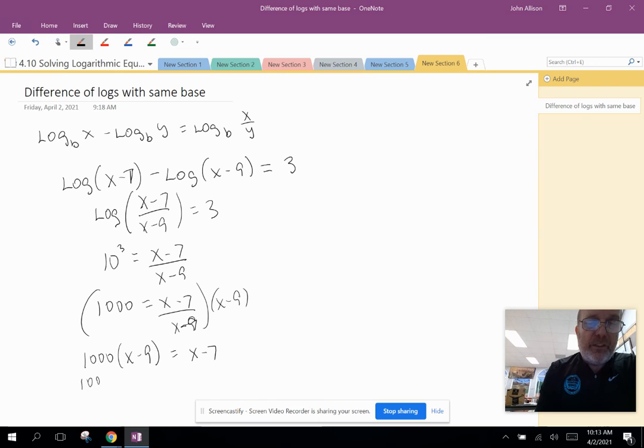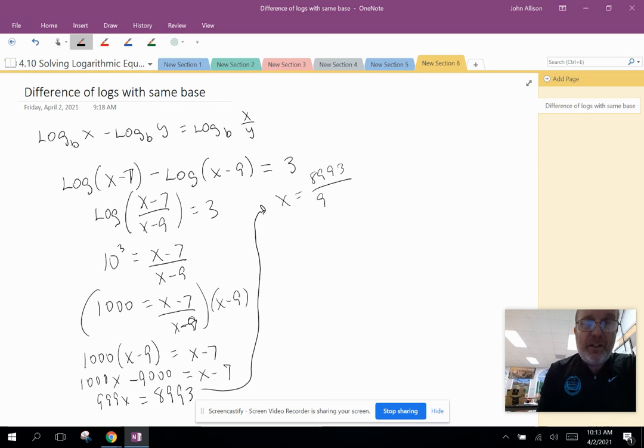So 1,000x minus 9,000 equals x minus 7. If we subtract x from both sides, we get 999x. And if we add 9,000 to both sides, we get equals 8,993. Now we divide both sides by 999, and we get x equals